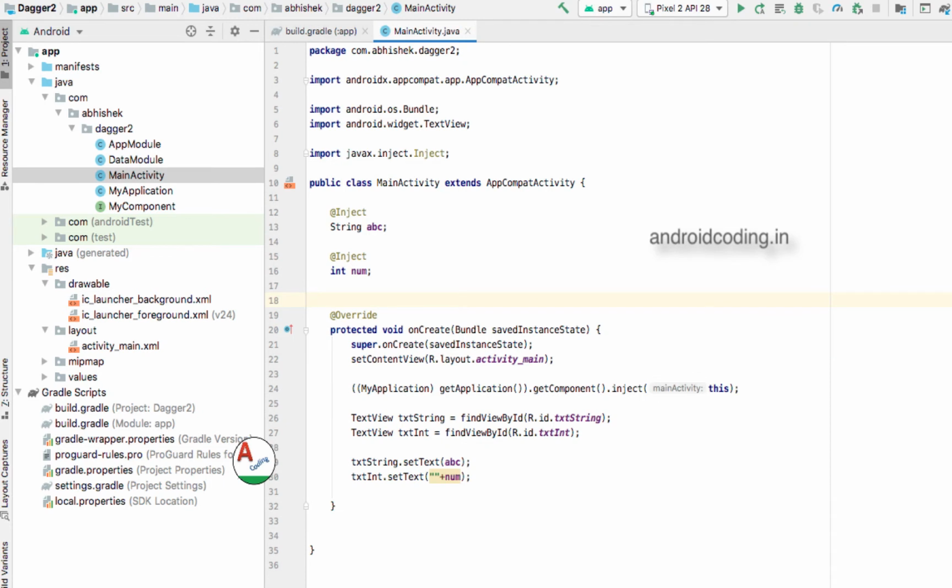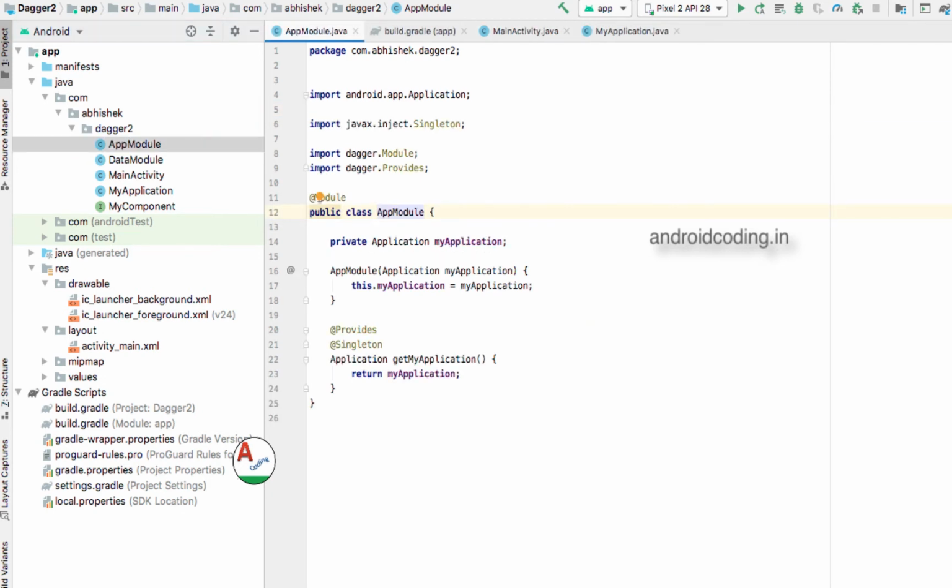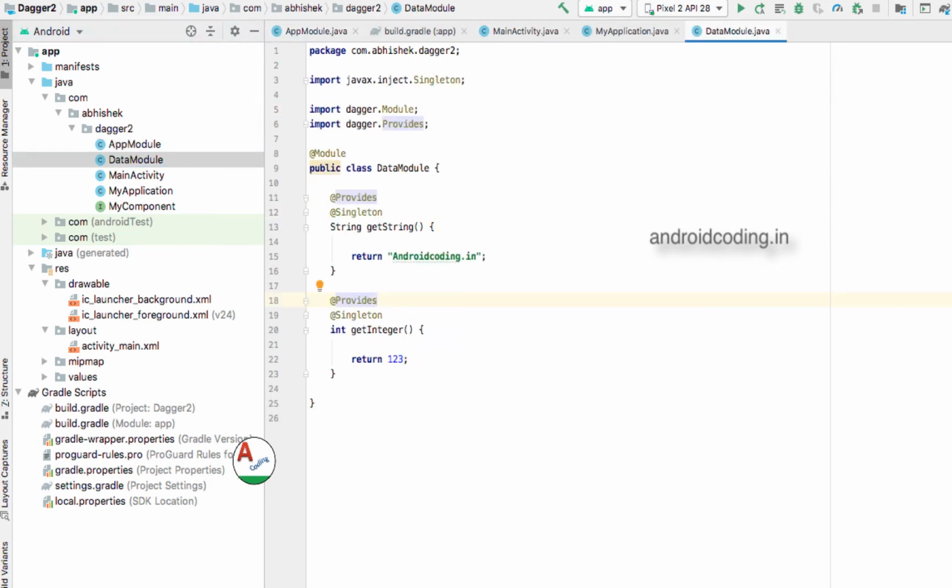The first thing is we need to specify the modules. Here you can see these are the two modules which we are using. In the data module, as I said, we are providing a simple example: two methods, one is get string and another is get integer.